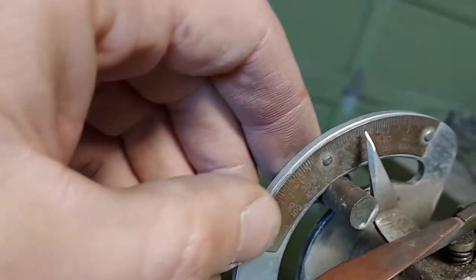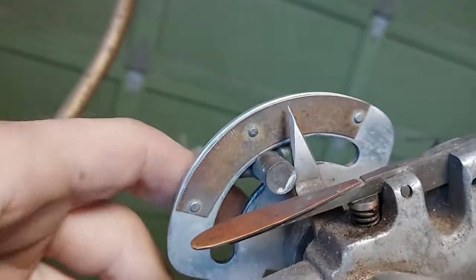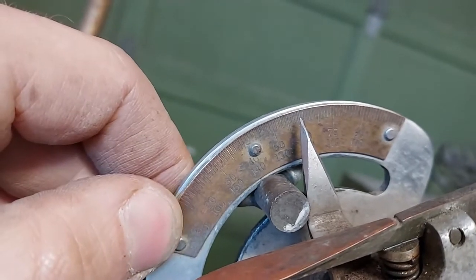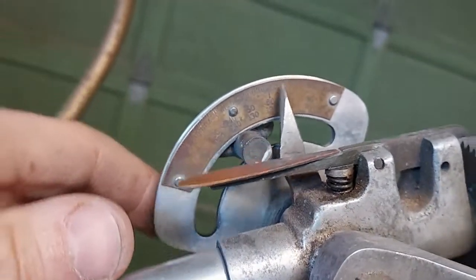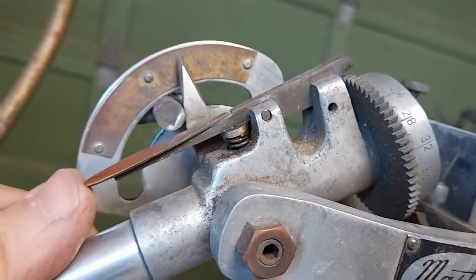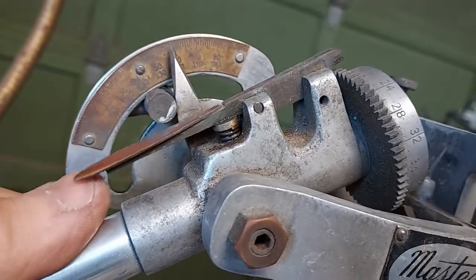This here is a protractor, essentially, and it gives you your elevation angle. I need to clean this up a little bit and perhaps put some paint on these numbers so I can read them better. But these numbers correspond to the elevation angle of the gemstone, which you'll see on a gem cutting diagram. This is called the trigger, and as you can see, the spring is a little bit old, but